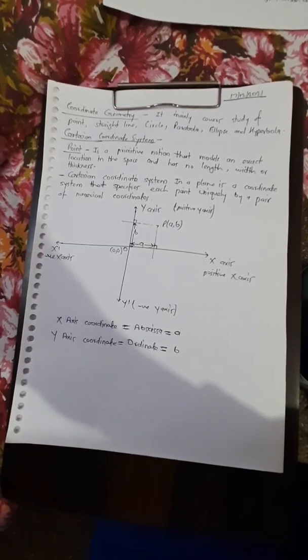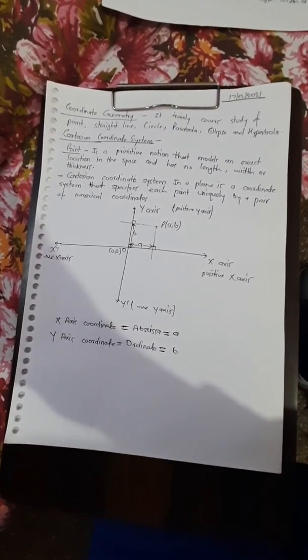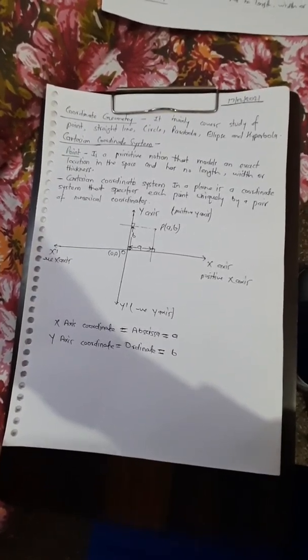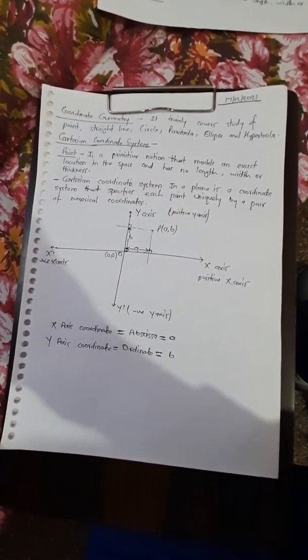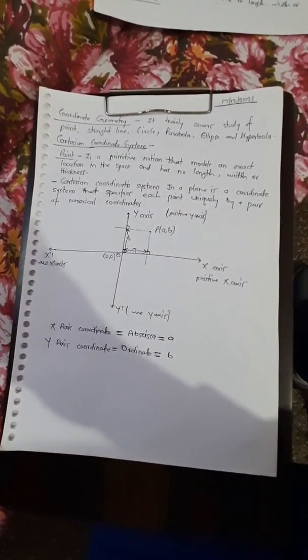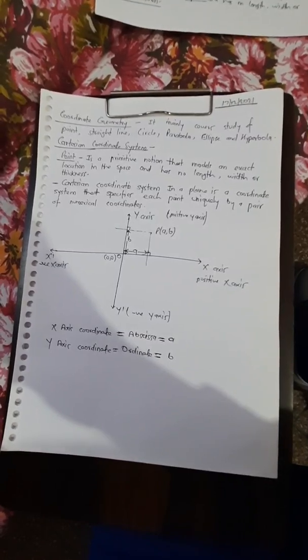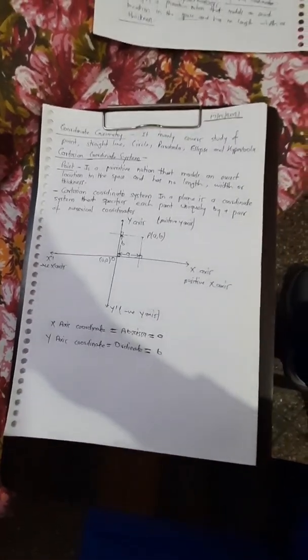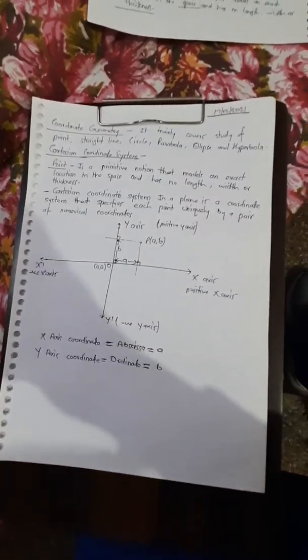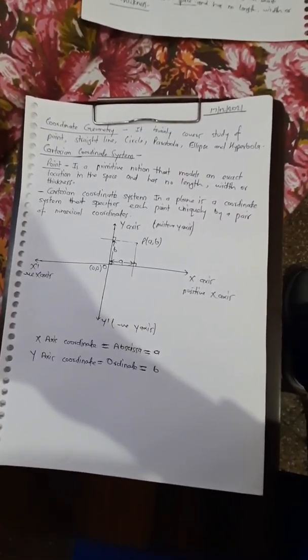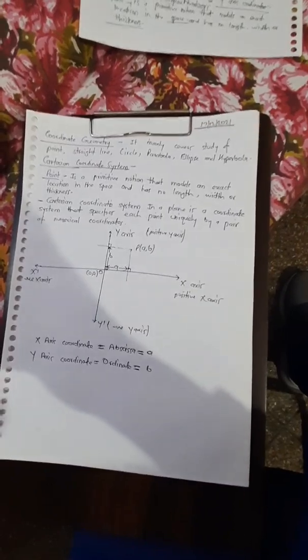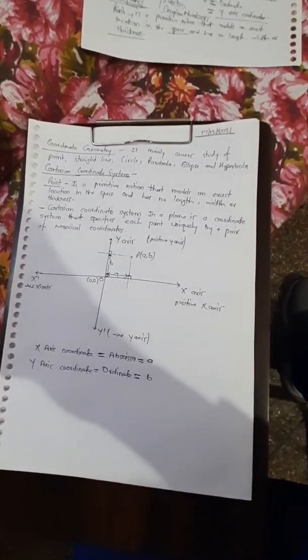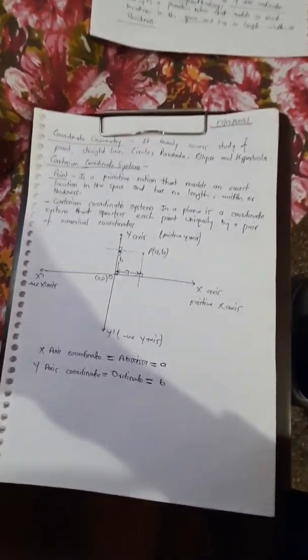Till 10th class, you only need to learn about point, straight line, and some basics of circle, and in 11th and 12th or at JEE level, you will learn about parabola, ellipse, and hyperbola. So we will start from the Cartesian coordinate system. In earlier classes, you have been introduced to point, straight line, and their basic definitions, but we will repeat them again for basic understanding, then move accordingly.